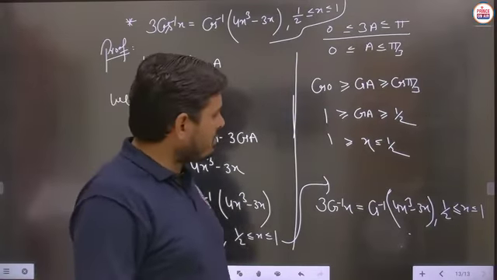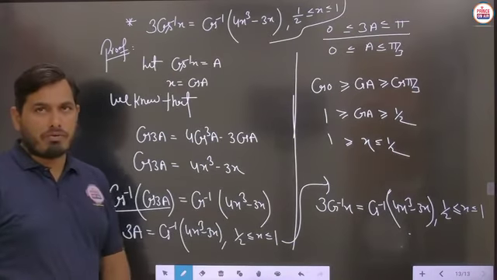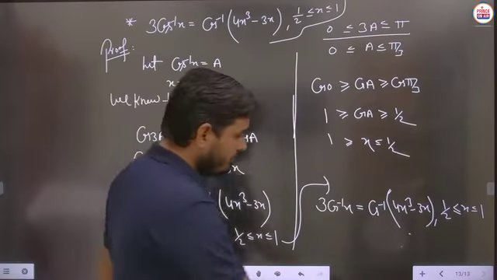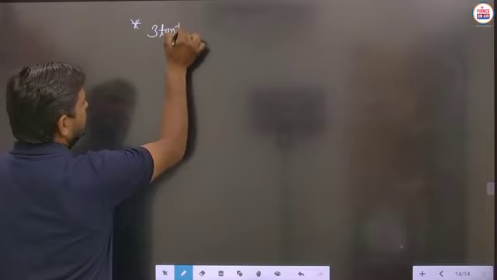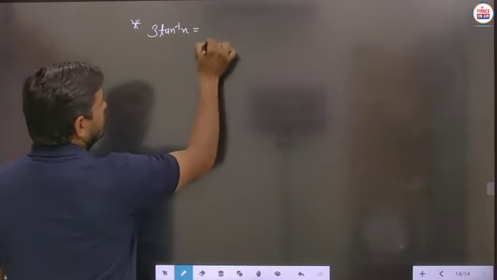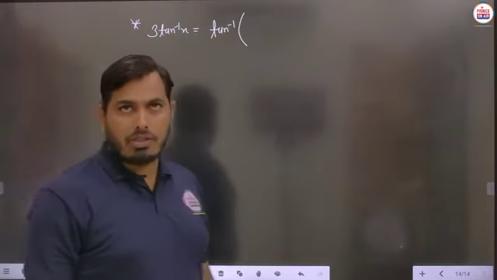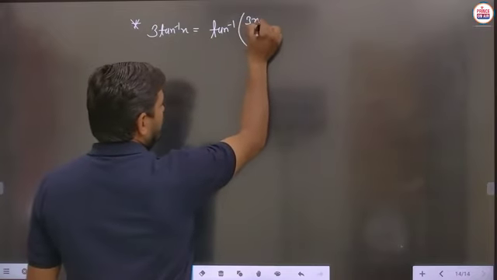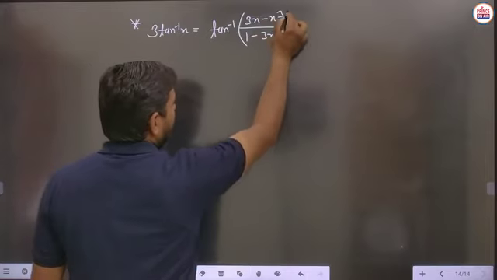Now students, the next and last part of this property we will take as 3 tan inverse x, but before that, pause the video to note these things down, then we will take the next part. So in this next part we are saying that 3 tan inverse x will be written as tan inverse. I think each and every student knows very well the formula of tan 3 theta: 3 tan theta minus tan cube theta. So 3x minus x cube upon 1 minus 3x square. Is it clear?